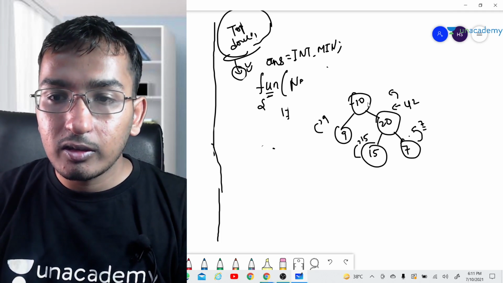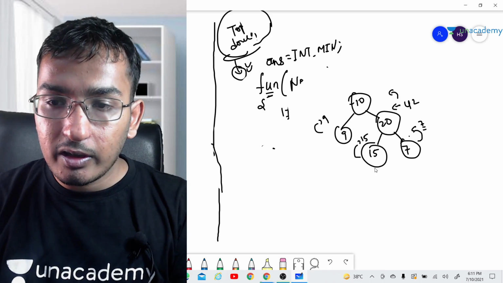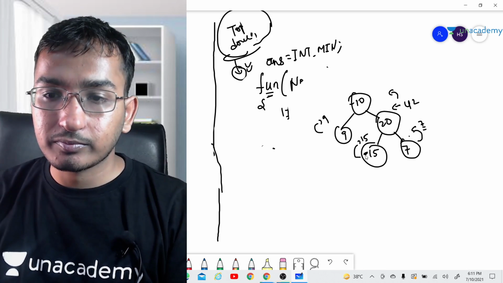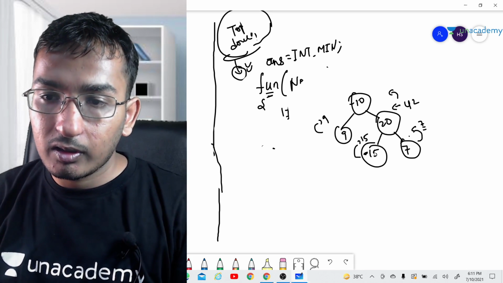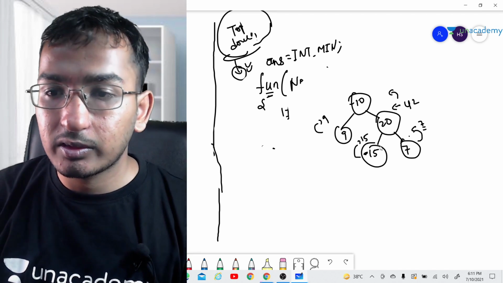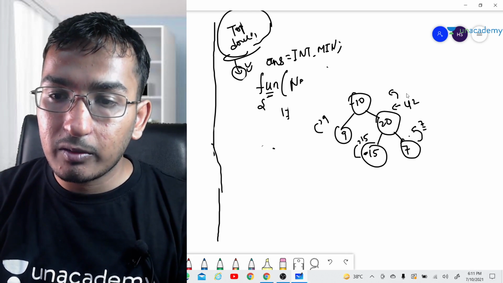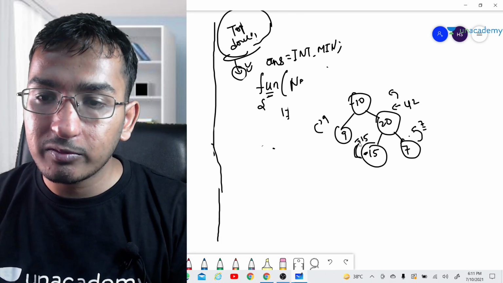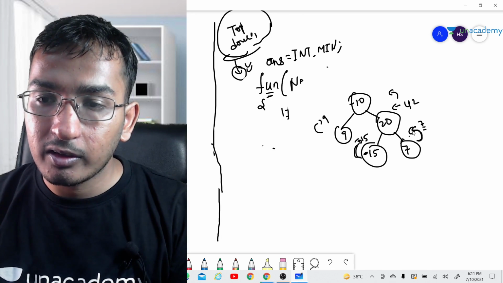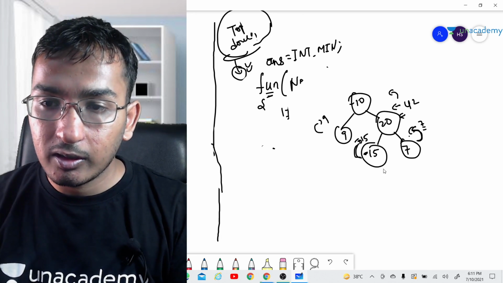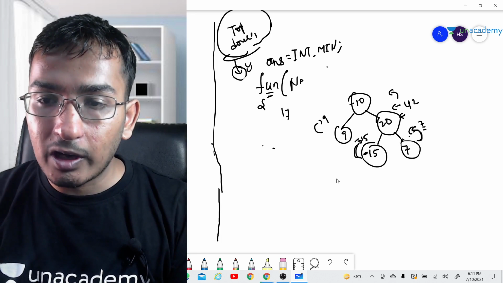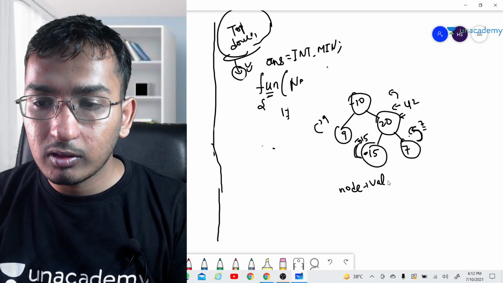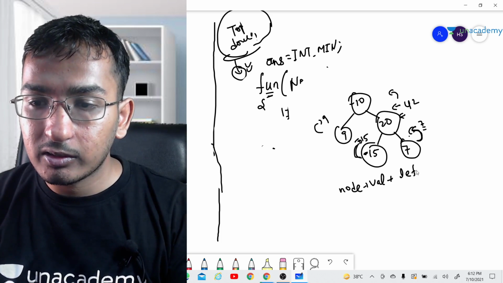Now suppose one thing: instead of doing that, if I am returning minus 15 here, and it is returning 7 and I am standing here, what I have to do is node value plus left plus right.